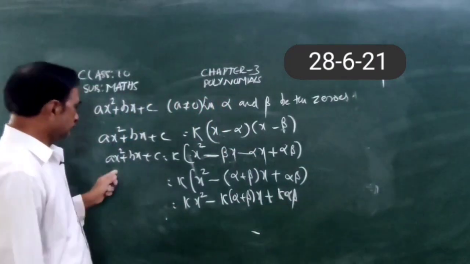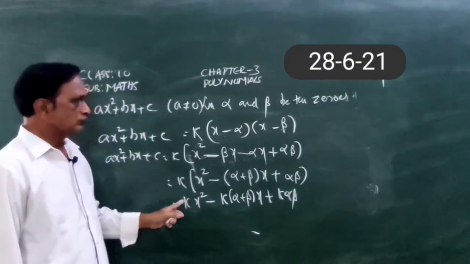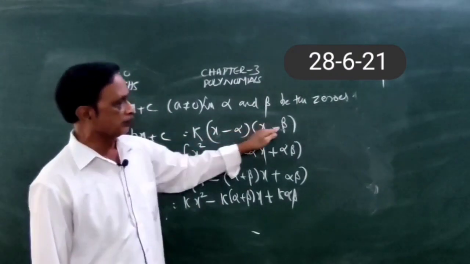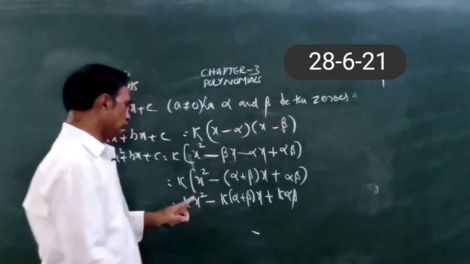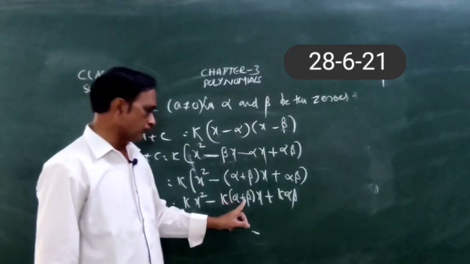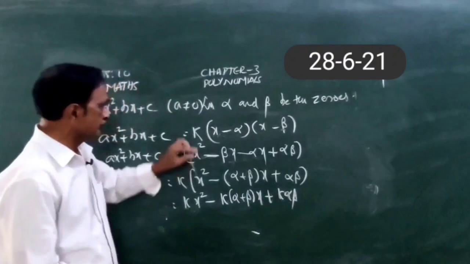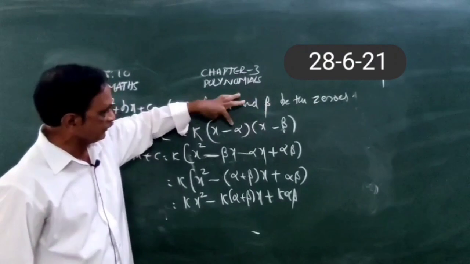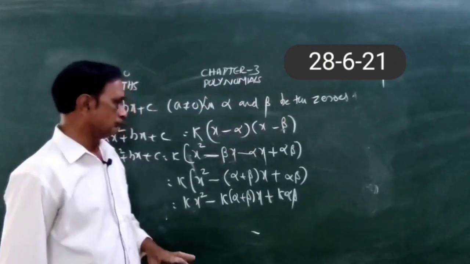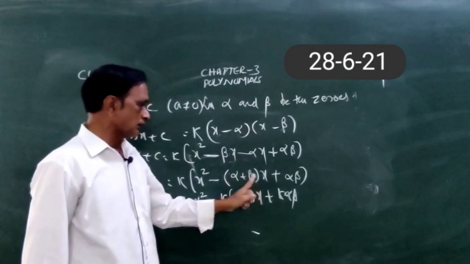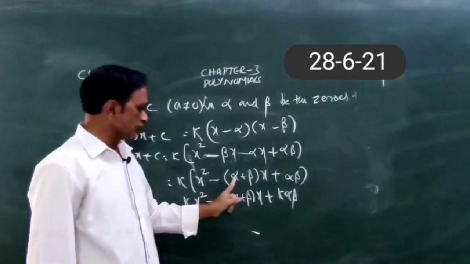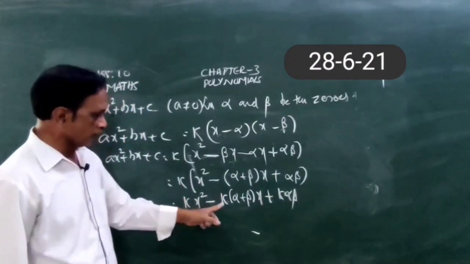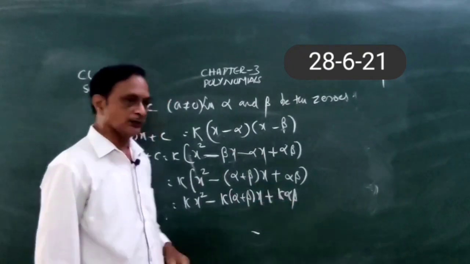See? Now, ax square plus bx plus c is equal to, as we have taken alpha and beta as the zeros, we can express this in the form of k into x minus alpha and x minus beta. By finding the product of these three, we get kx square minus k into alpha plus beta into x plus k alpha beta. Once again, go through it. x into x square, x into minus beta, minus alpha into x, minus alpha into minus beta plus alpha beta. Now from this you will take minus x as common. Here you can write minus alpha plus beta into x plus alpha beta. Now I multiply this by k. Kx square minus of k into alpha plus beta into x plus k alpha beta.